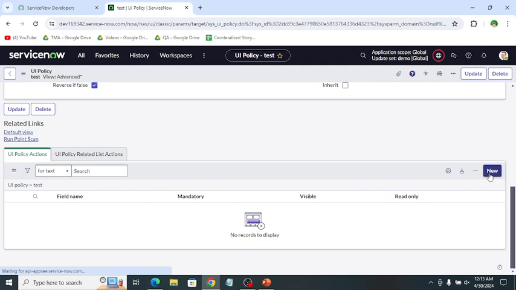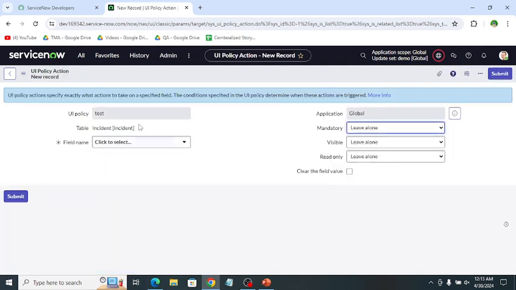If we select any action, then by default it picks the name of the UI policy, which is test, and then the table is selected by default, incident, then field name.